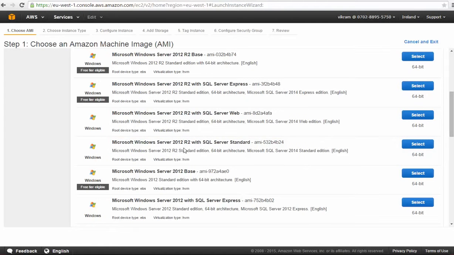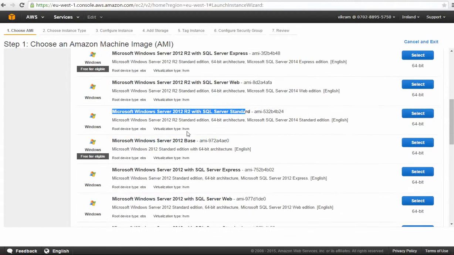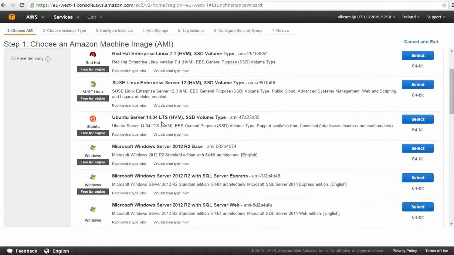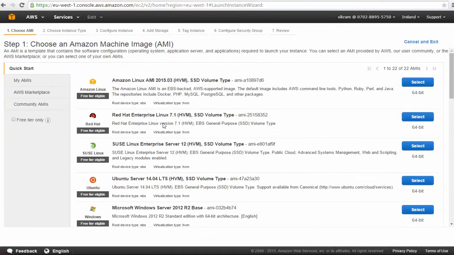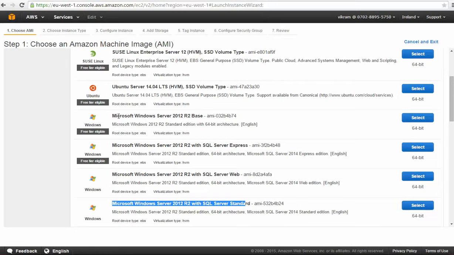Fine. There are also options available if you want SQL Server and not the Windows Server. They are cheaper than this one, but then for each database you want to create, you have to buy that instance. That is called an RDS instance. I will discuss that later on. Say, for example, we want to host a website, so we will only go for the Windows 12 server and no SQL server. Then next,